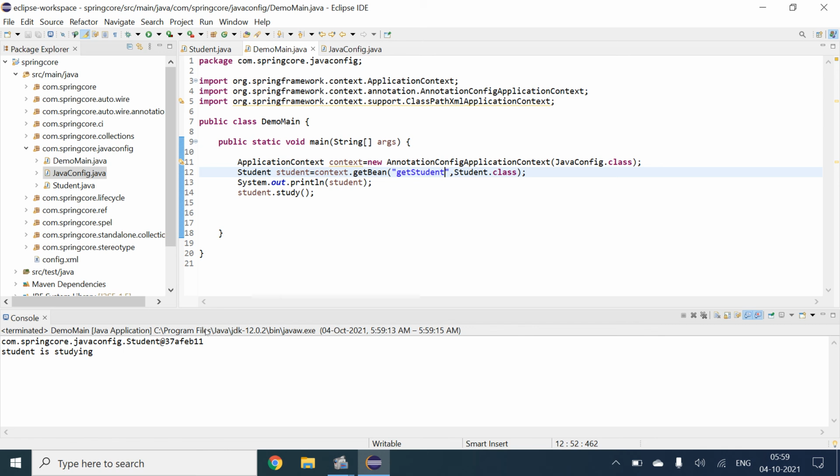We will also try to take a dependency. We will come to the Student class.